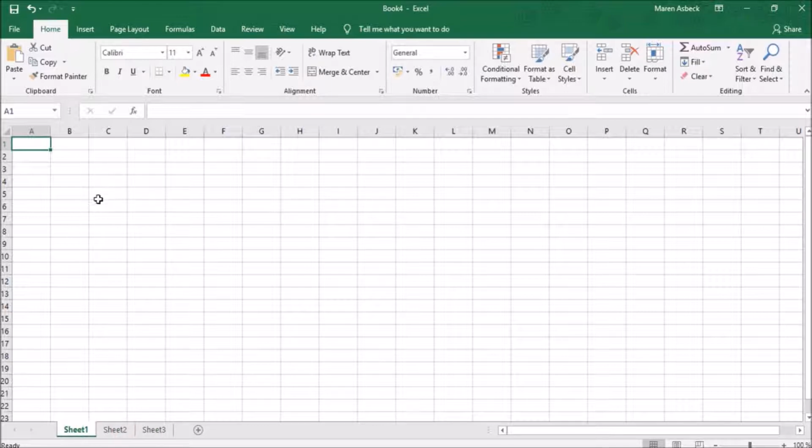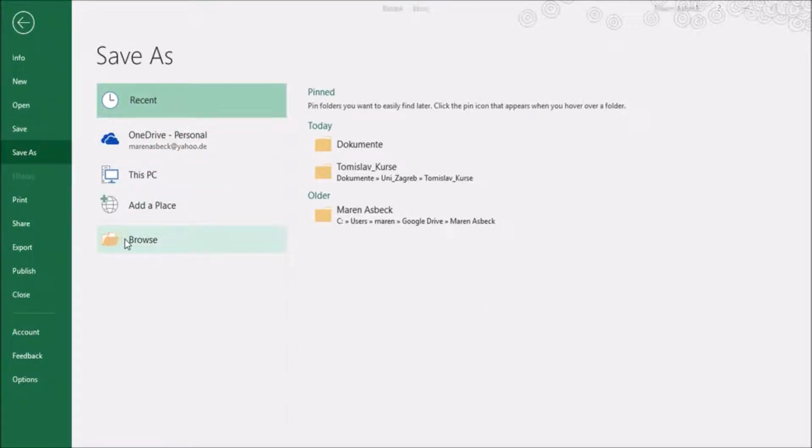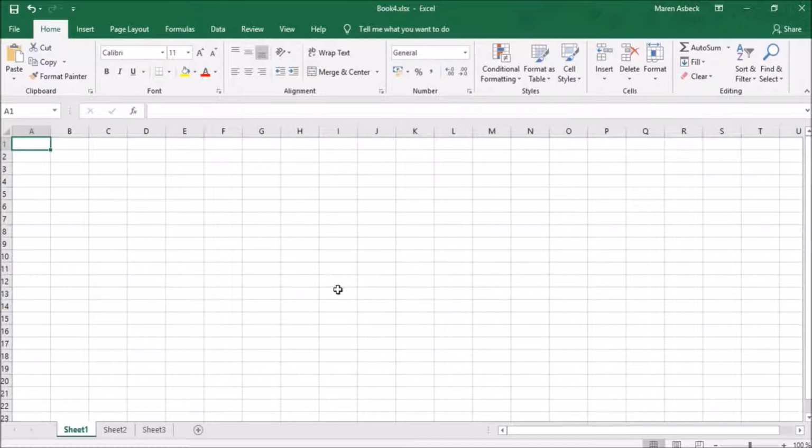First of all, we want to save our workbook. We can go to File and Save. And now our workbook is saved. It is important to do this after opening your workbook, because after saving it the first time, Excel will do auto-saving, which means that every 10 minutes it does an automatic saving of your data. So in case your laptop crashes, your data is protected and you could reopen the file after the crash when you start Excel the next time.